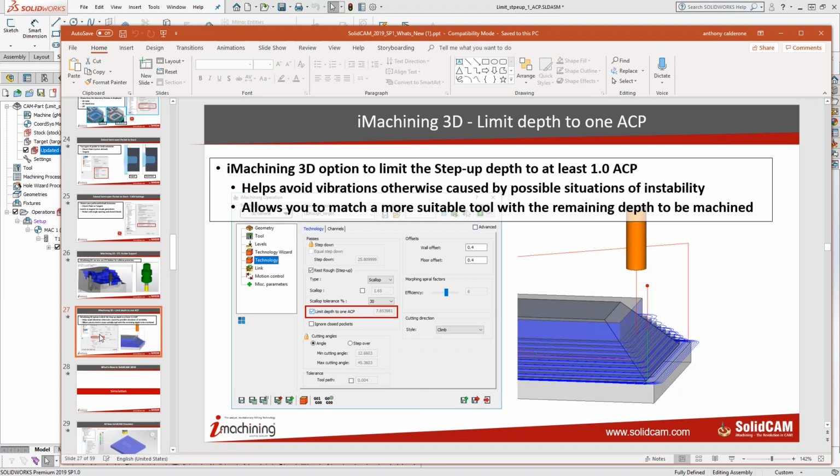And then the second thing we've added for iMachining 3D is limiting our depth of cut to 1 ACP. For everybody who is already using iMachining, the ACP, or the axial contact point, is a very critical function of the cutting at the CNC. This has to do with vibration and letting you know how well the cut is going to sound or not sound at the machine, based on the diameter of the tool, number of flutes, and the helix angle,